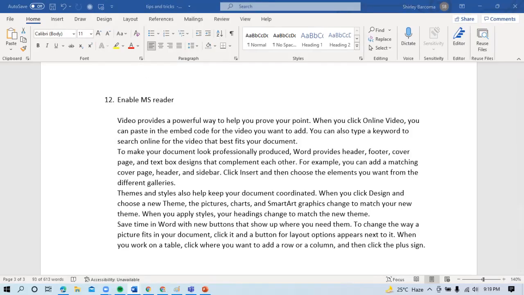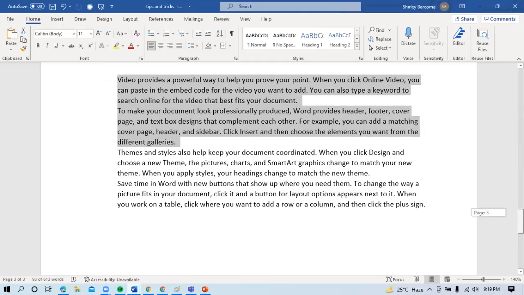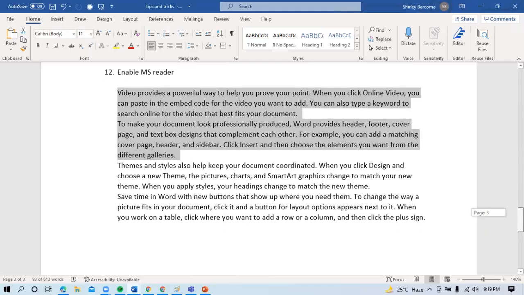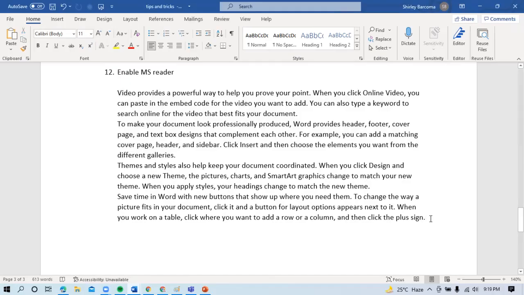Click Insert and then choose the elements you want from the different galleries. Okay. So, yun po. Kung medyo tinatamad ka magbasa, so pwede nating someone will magbabasa sa atin, no? Para ma-enable yung si Microsoft Reader ang magbabasa para sa atin. Last na ipapagawa ko ay yung